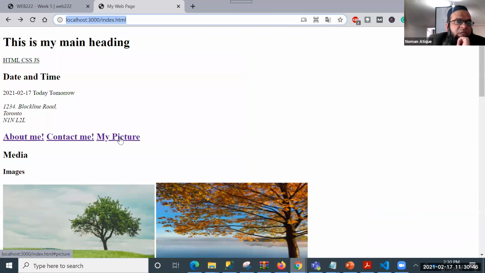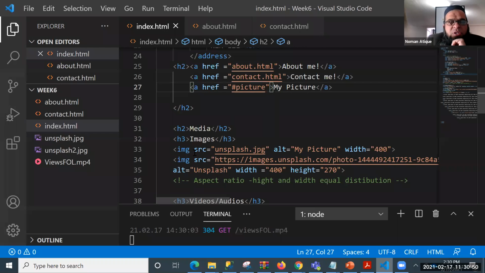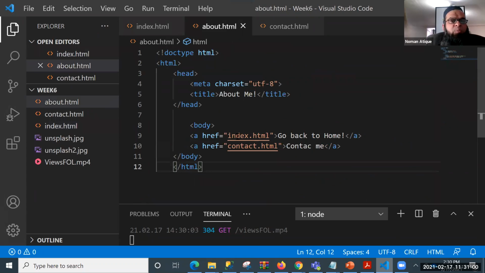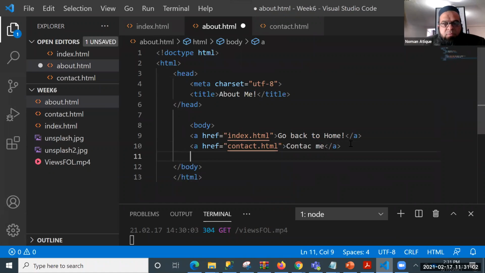If you see, I'm using this code. Where is that code? Yeah, this one. So a href is equal to #picture, and my picture is basically linked to that. Interestingly, I can connect to this picture over here as well. You see a href is equal to this one. So if I just write hash picture,